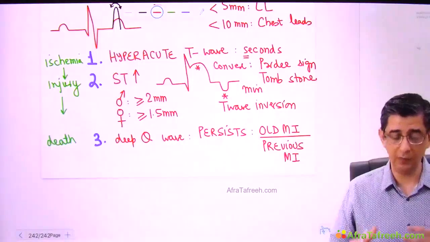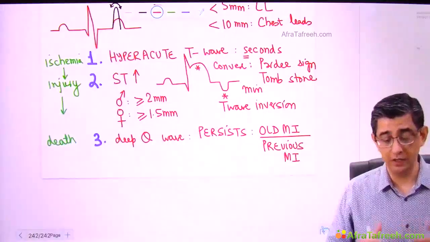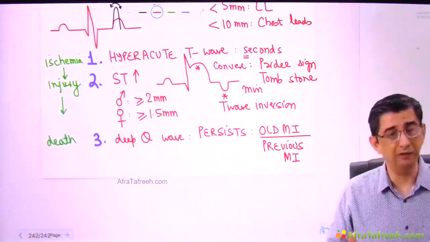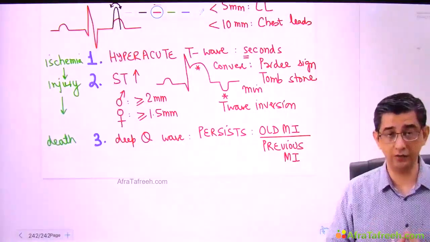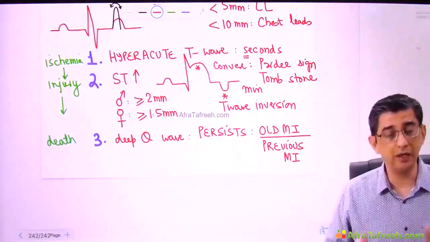In fact, you see here I'm trying to distinctly highlight the findings, but it could be like this. Initially there could be hyperacute T waves. Lots of time patients may not present very fast. You see lots of time in India, because of lack of transportation facilities, lack of awareness, patient might reach the hospital late. So in those circumstances you may not get hyperacute T waves.